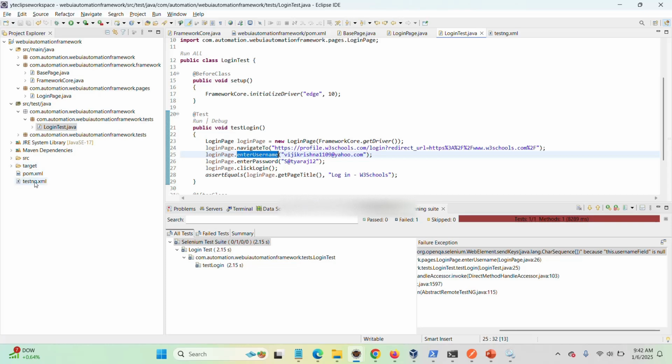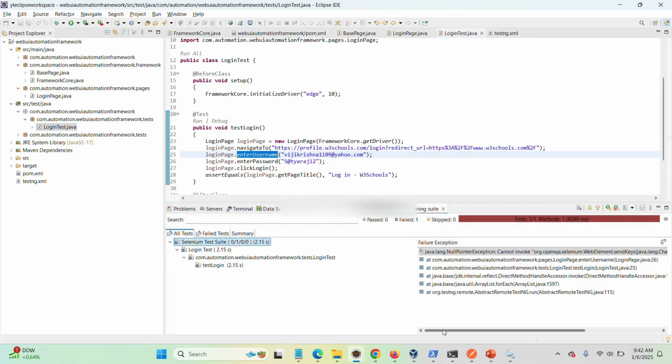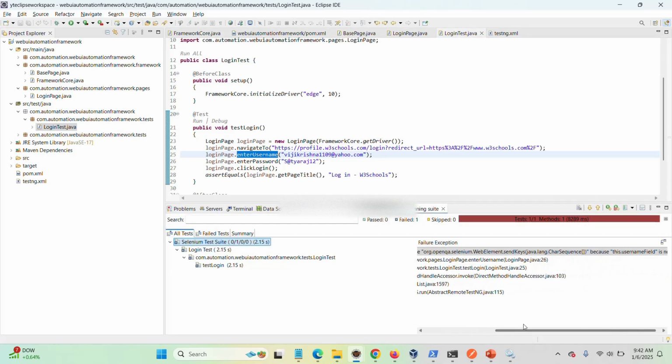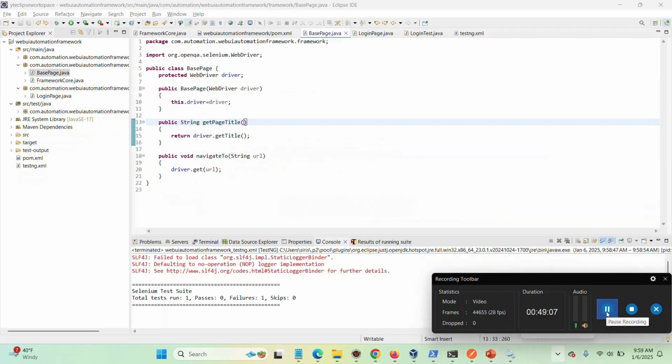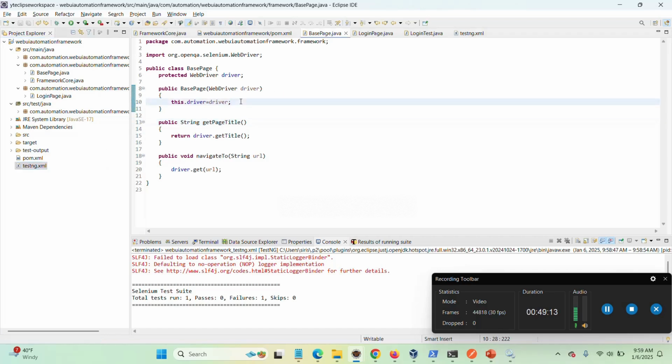What is wrong with this? Okay. Yeah, I think, guys, we forgot to declare the page factory